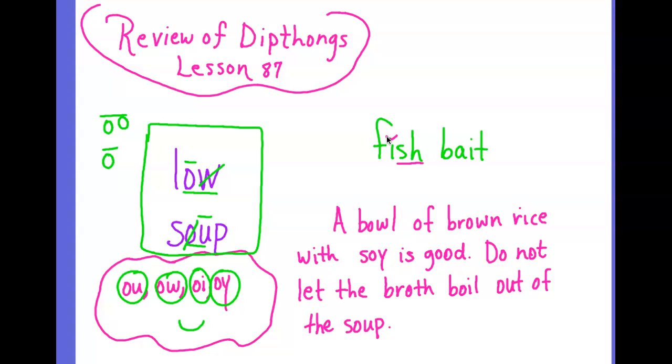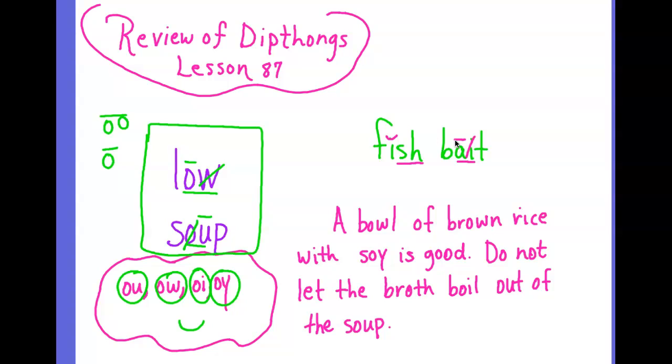Let's look at bait. We have a long A sound, but we have an AI vowel combination, so let's underline it. We hear the A, but we don't hear the I, so let's mark it out, and we have a long A sound. Okay, so I want you to pause your video, try to answer or code the sentence,